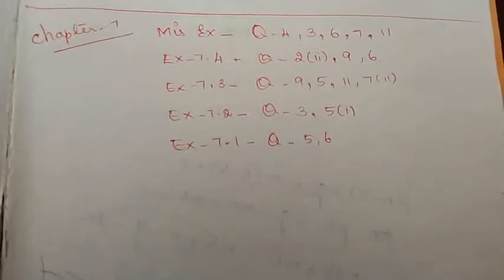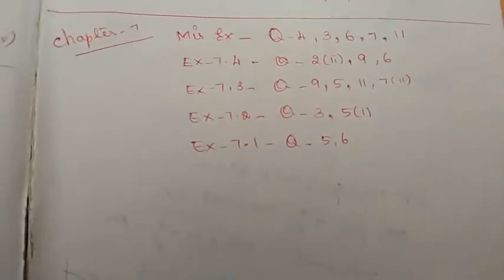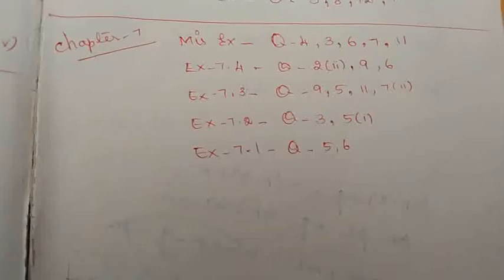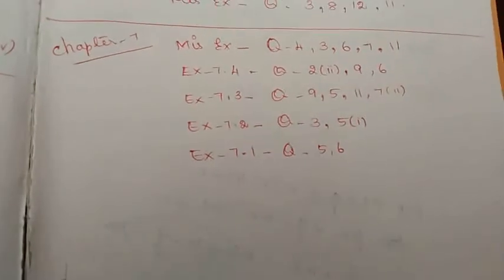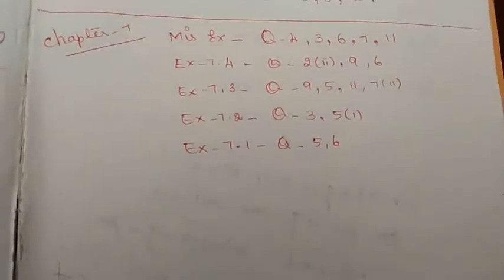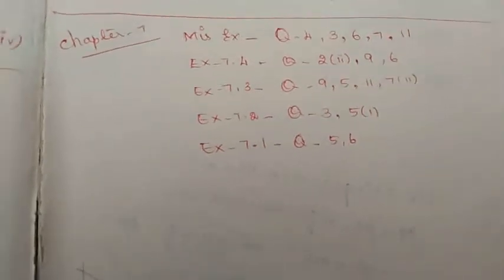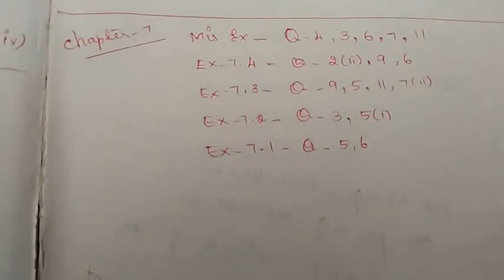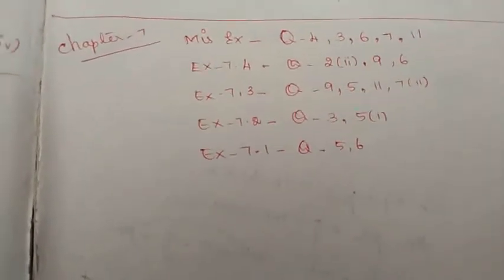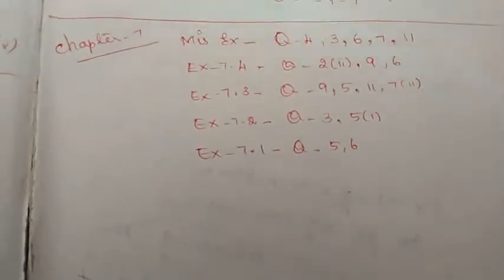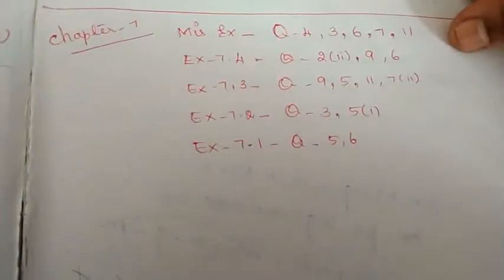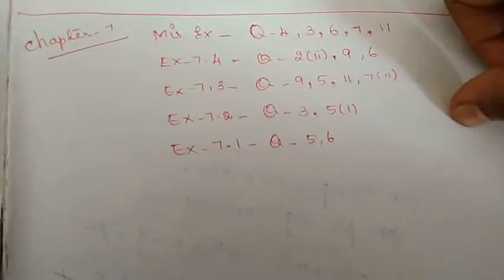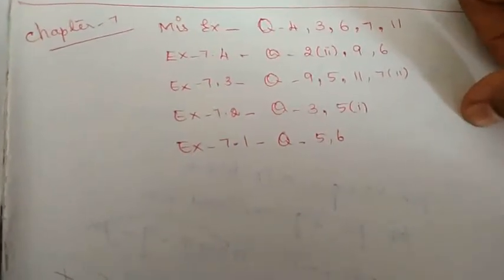Hope you people recalled all the concepts. If you see the repeatedly asked questions, like the letters or objects which repeat, like the problem which I showed you, Mississippi, those kinds of permutation problems are repeatedly asked in the exam. So I want you to practice those questions properly, and I have given you a few selected questions from the miscellaneous exercise as well. So do all these questions and post them in the group. If you have doubts, ask me.